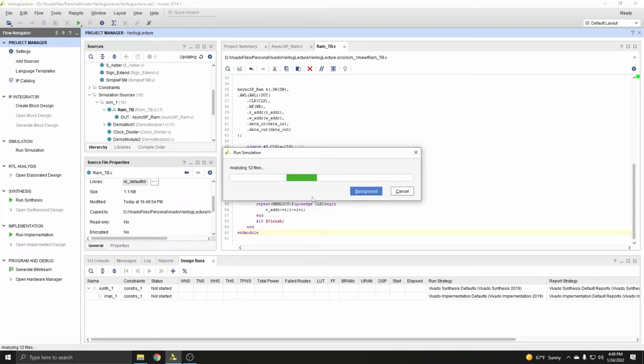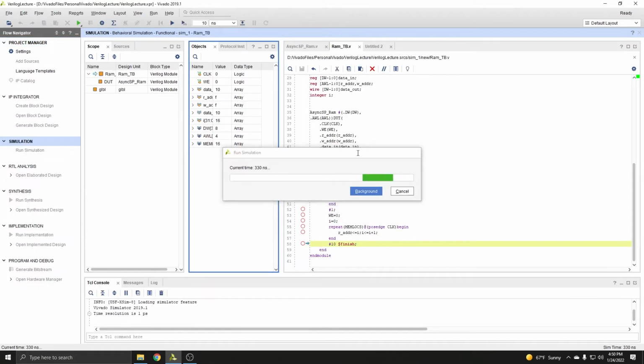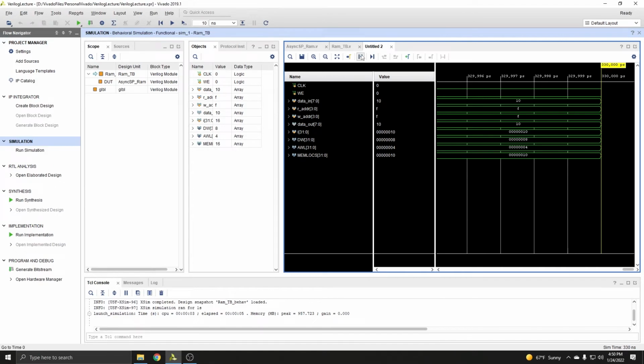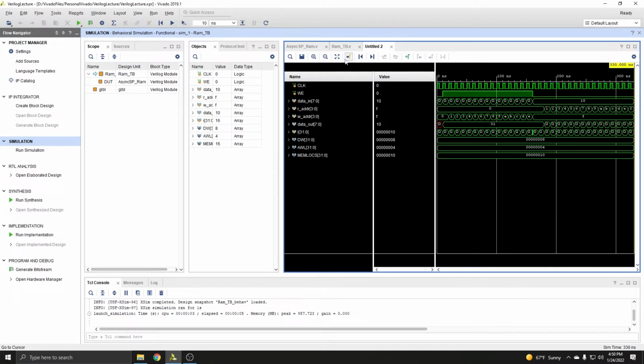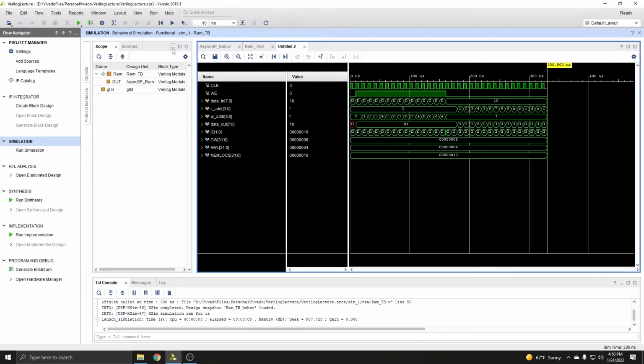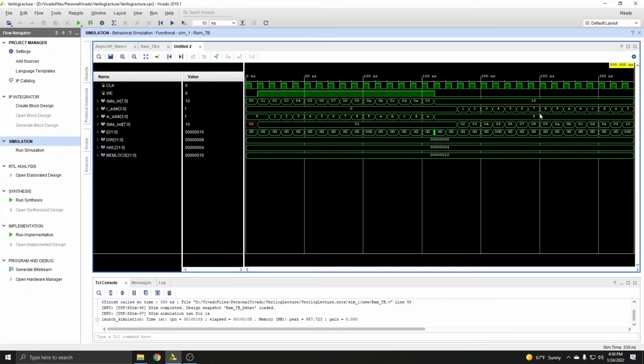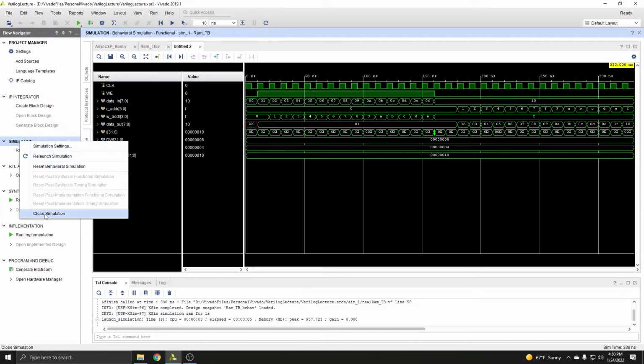So right here, this is just a normal simulation. I'm going to run it. This window will pop up, of course. This is the waveform diagram. This button right here, if I ever tell you in class, can you hit zoom fit? This button will zoom to fit the entire waveform in that window. Now I'm going to hide these two and zoom fit again. Now you can see this only goes up to 330 nanoseconds. So if I were to close the simulation,